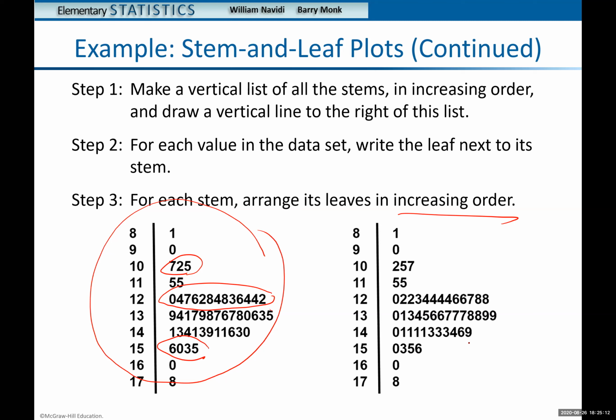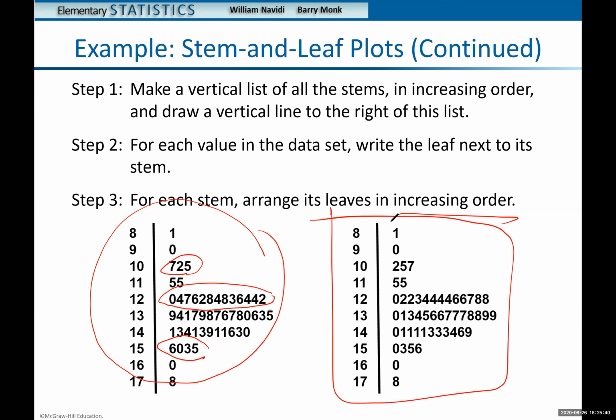Okay. So now this is the answer. This is your stem and leaf plot. The reason why you are arranging this in order is that it's easier to read. Let's say you talk about those with 50 states and DC. How you read this is like